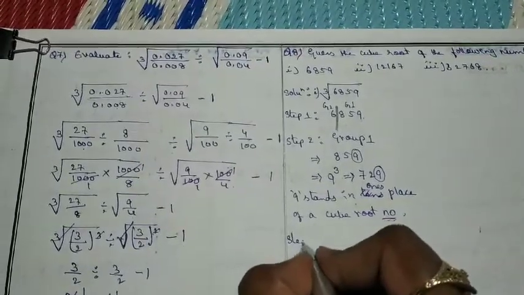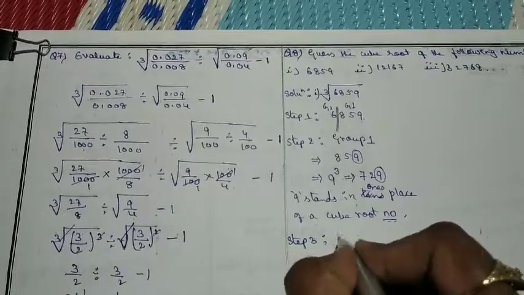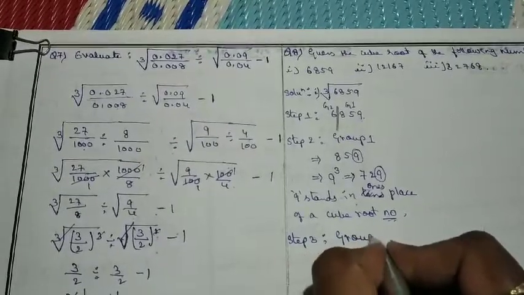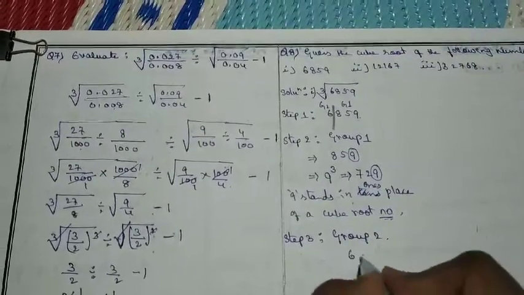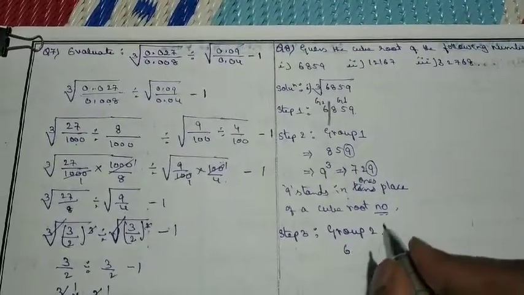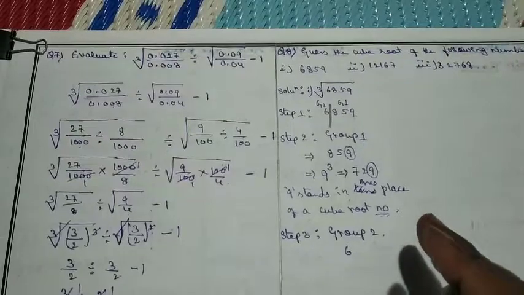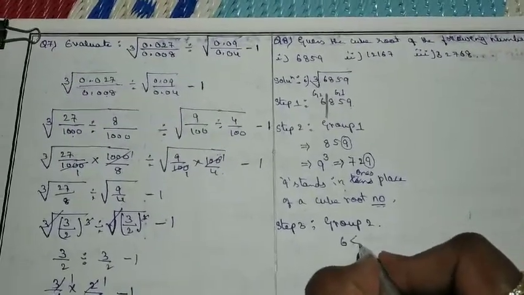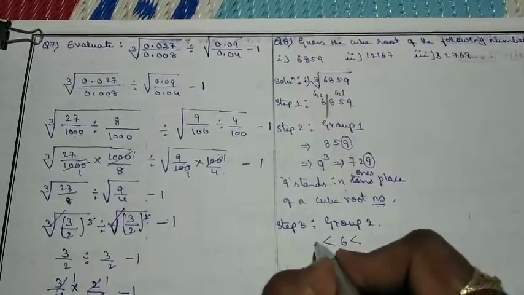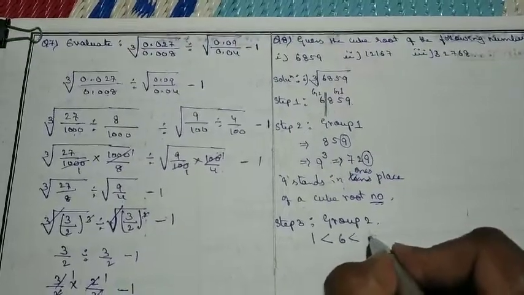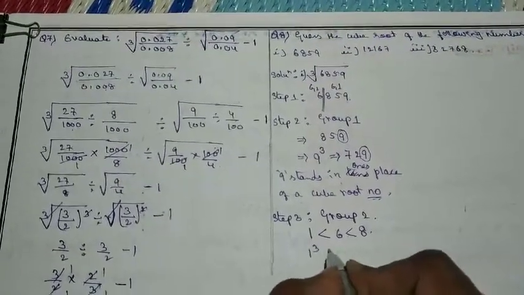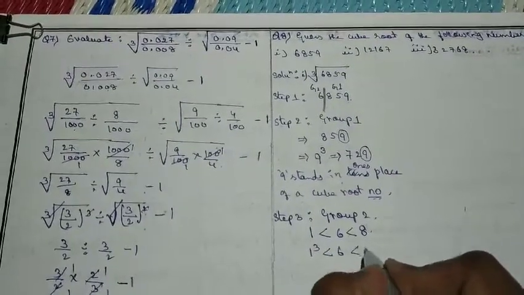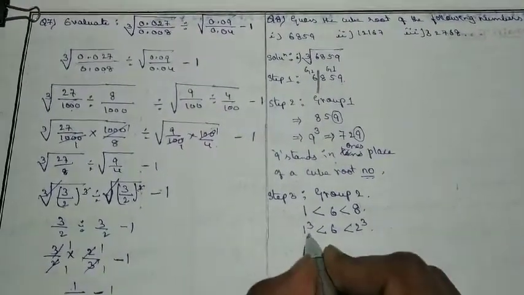Next, step 3. We need to consider group 2. What is group 2? Group 2 is 6. We need to find between which perfect cube numbers this 6 lies. So 6 is greater than 1 and 6 is less than 8. That is, 1 cube is less than 6 and 6 is less than 2 cube. Among this 1 and 2,